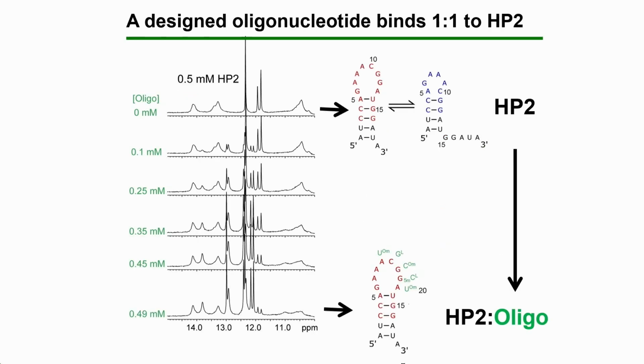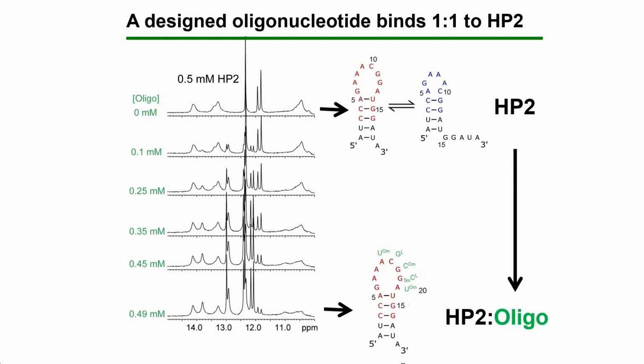So the answer is yes, you can. You can use a pentamer that was synthesized by Richard and Ella Kioshek, and you can force this equilibrium shown at the top of the slide to go towards the red hairpin loop. And so this just shows an NMR titration with about half millimolar of